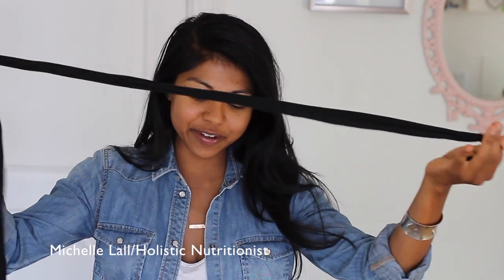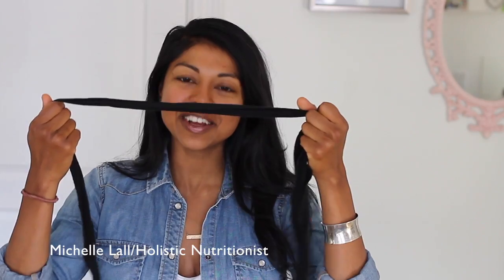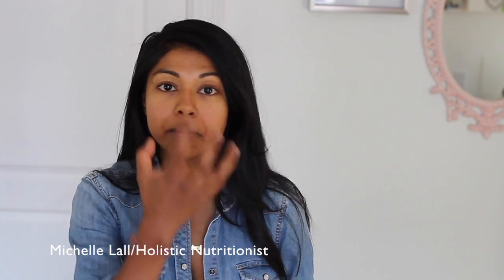So I have a demo. This is just a long string to demonstrate the length of our digestive tract and maybe the different parts of it. So obviously, the digestive tract starts with our mouth and it ends with our bowels at our anus. And so as we go through it, starting in our mouth, when we ingest food and